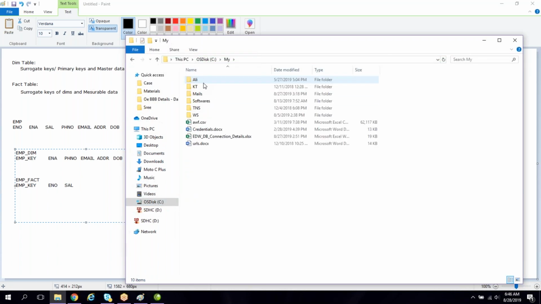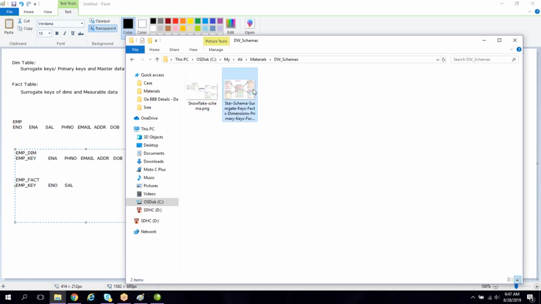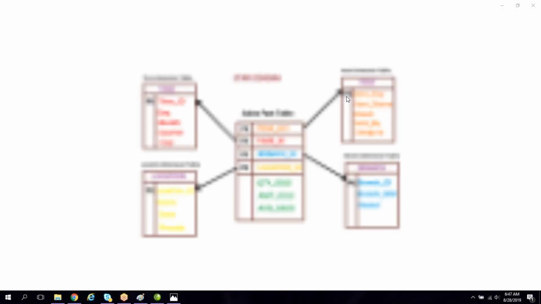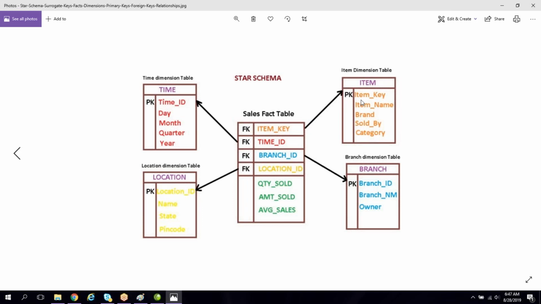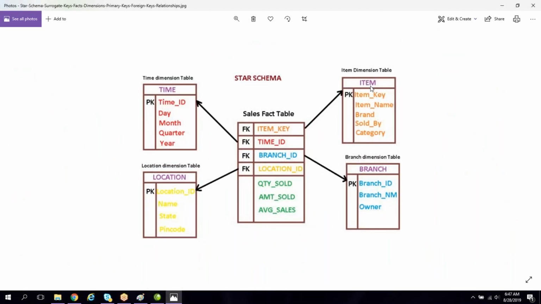In the materials folder, I have shared data warehouse schemas. Here you will find the dimension and fact tables. Okay, so you can see here we have item dimension.